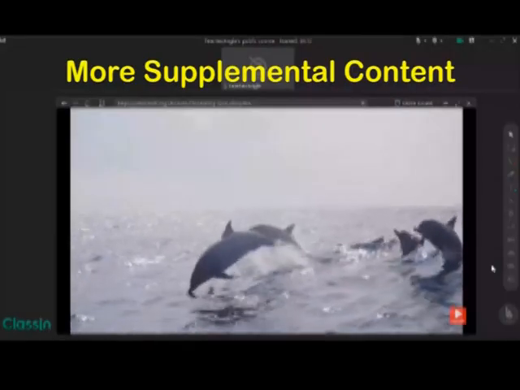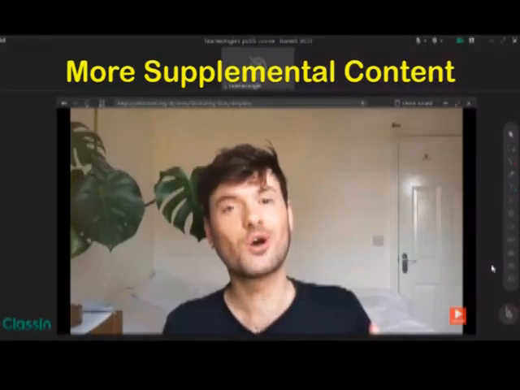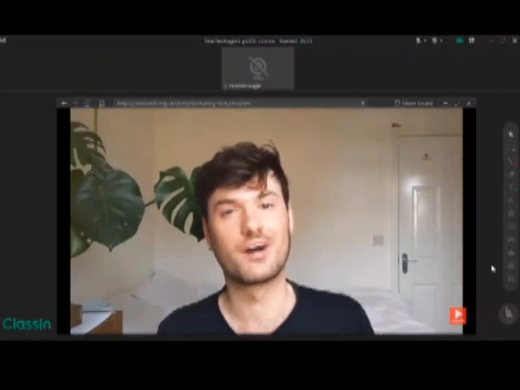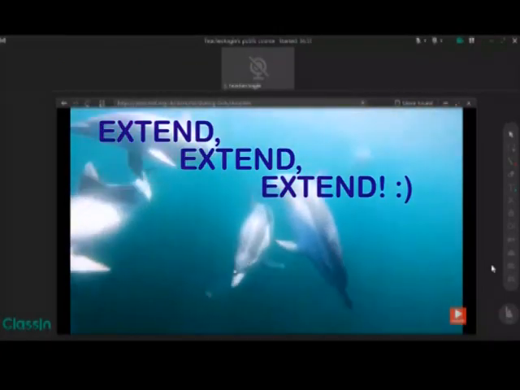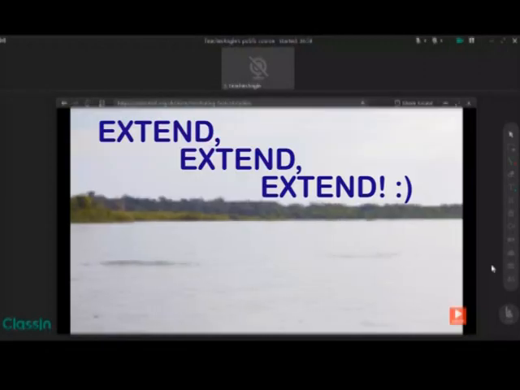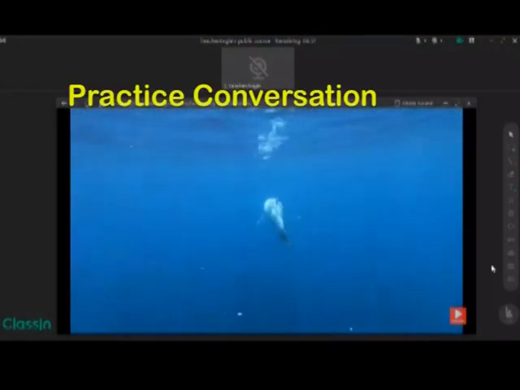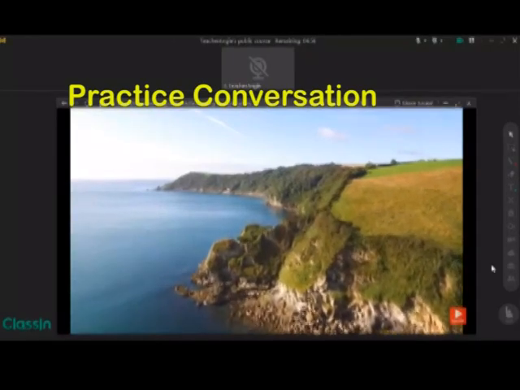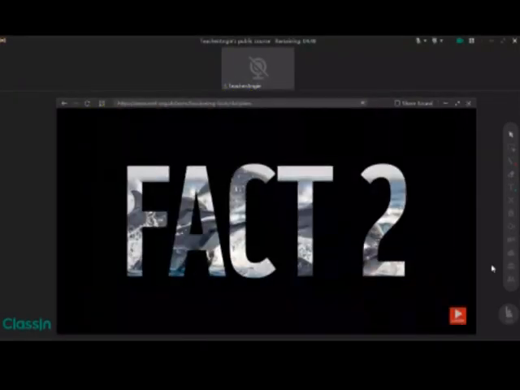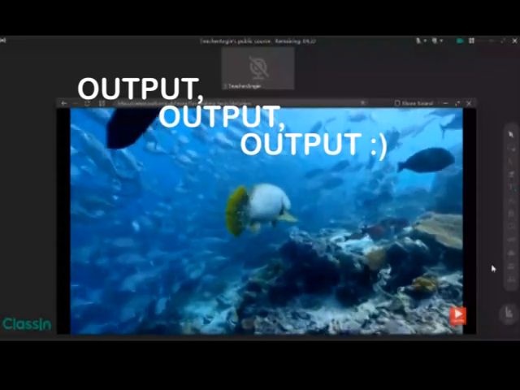And here is another example of supplemental content. I try to choose a video that's gonna help reinforce the sentence frames that we've learned, the vocabulary that they know now, as well as teach them new vocabulary about, for instance, in this example, dolphins. So this is top facts